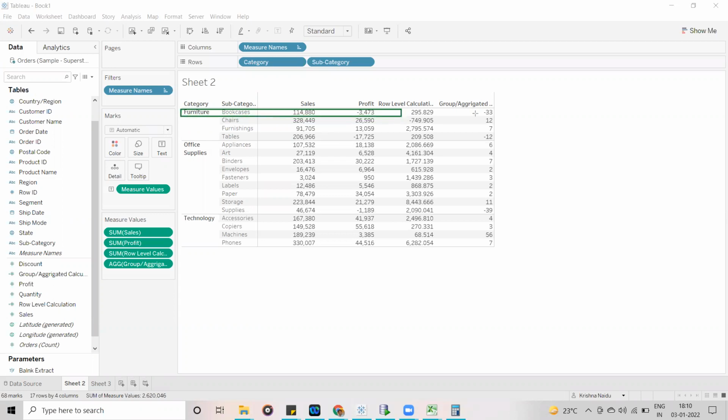Now this value, how we are getting it, whatever calculation we have performed is going to be performed on the available aggregated data. That's why we are getting 33% here, which is correct actually.